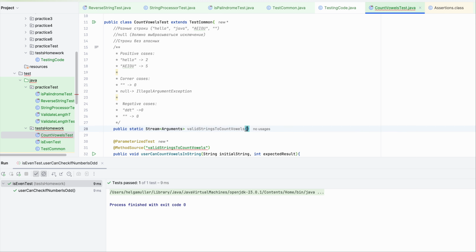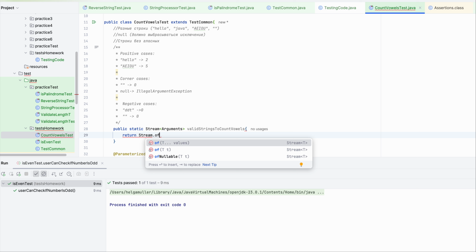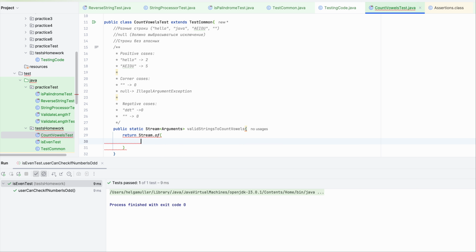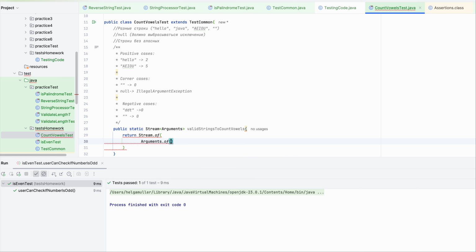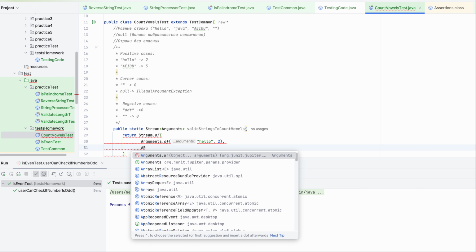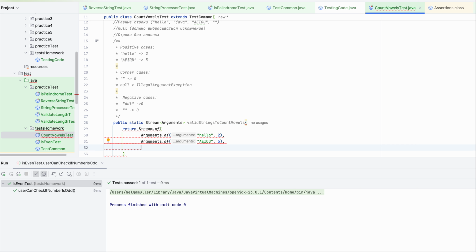Okay. Return string of arguments of. So first it's hello and 2, right? Arguments of I O U, 5, and